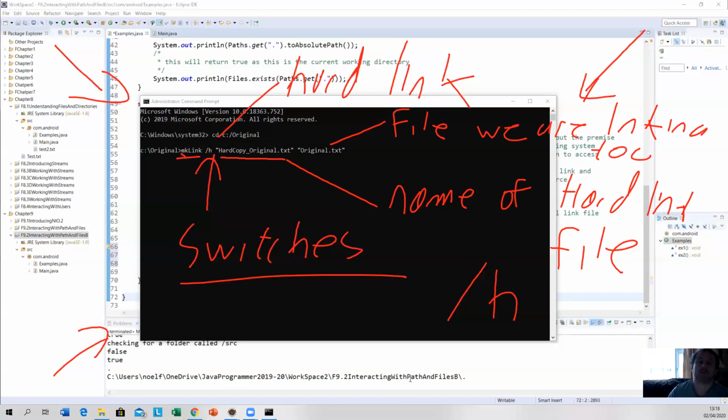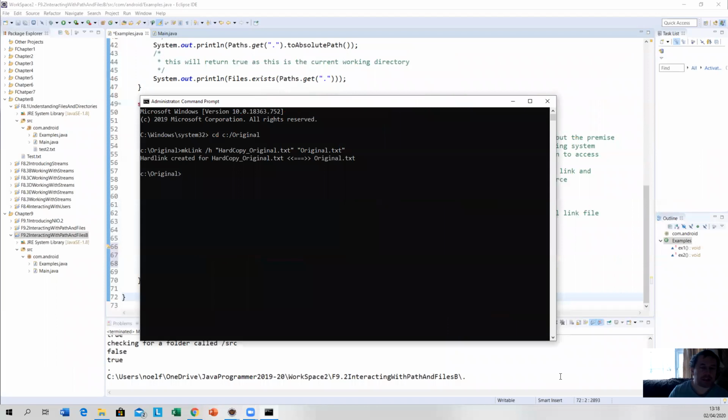So this file has to exist. If this file exists, this is going to be created, right? So I'm going to run this command and clear the screen. Hard link created for hard copy original text.txt, and we can see